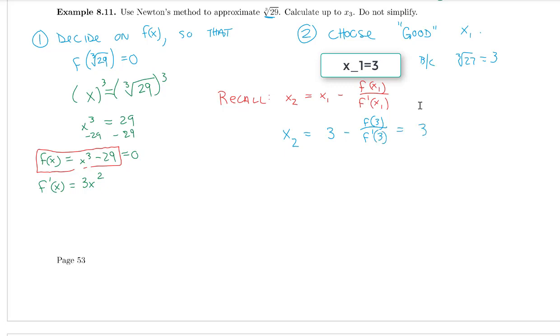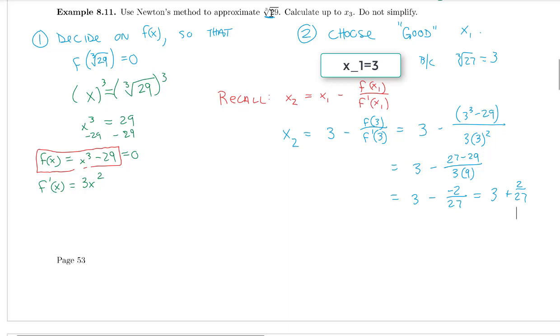If we go ahead and evaluate those functions, we have 3 minus 3 cubed minus 29 divided by 3 times 3 squared. If we simplify one more step, we get 3 minus 27 minus 29 divided by 3 times 9, or 3 minus negative 2 divided by 27, which is eventually equal to 3 plus 2 27ths, so a little bit bigger than 3, which we would think, because 29 is a little bit bigger than 27, so the cube root of 29 should be a little bit bigger than the cube root of 27,